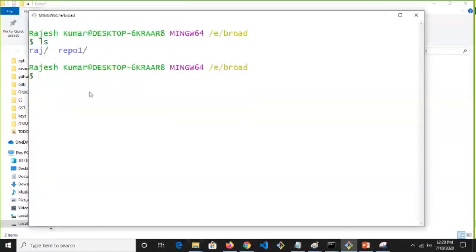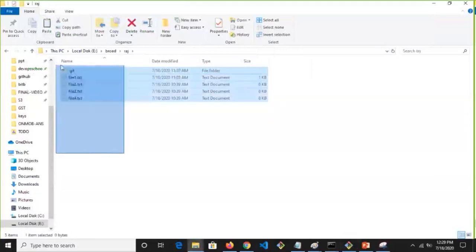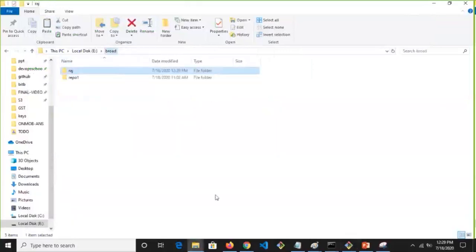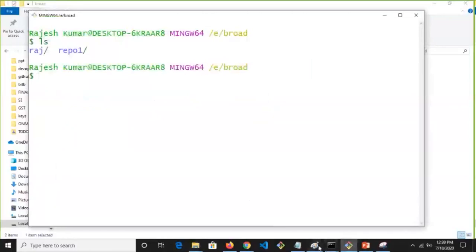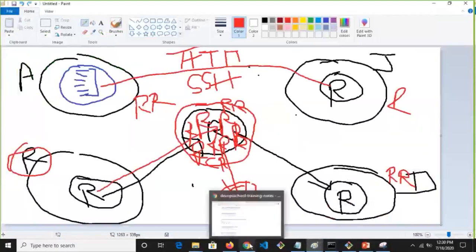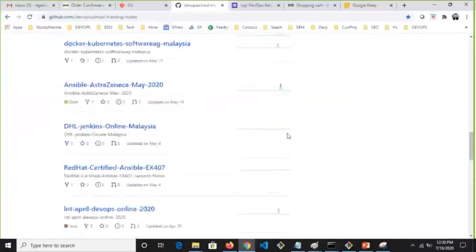Okay, no problem. So here, this is the one repository. It has all these things, but forget about this. Now talk about only .git that has to be shared. So what do you need to be there? So the flow is like this. See, Rajesh will push these changes to the remote repository, and from there Amit, Deepak and everyone will pull it or clone it. First time we'll clone it. So now let's push it.